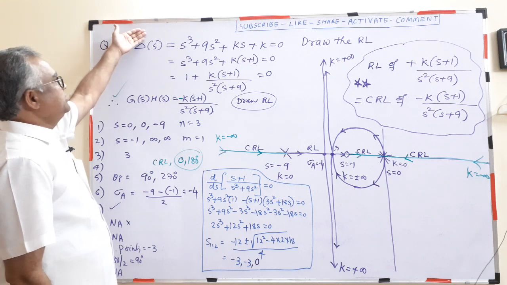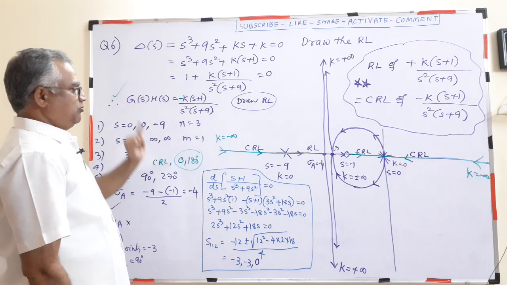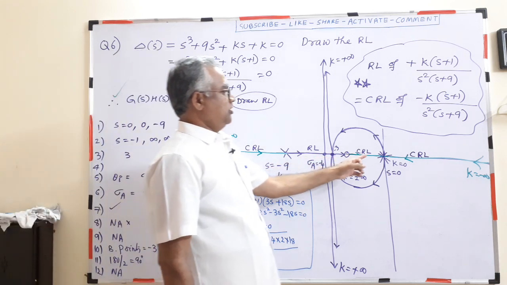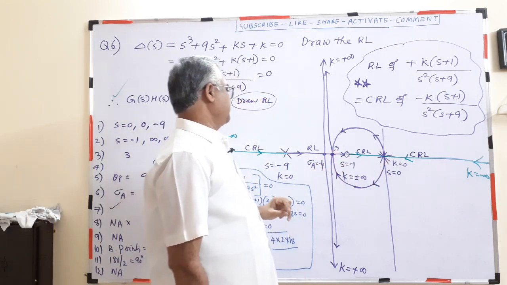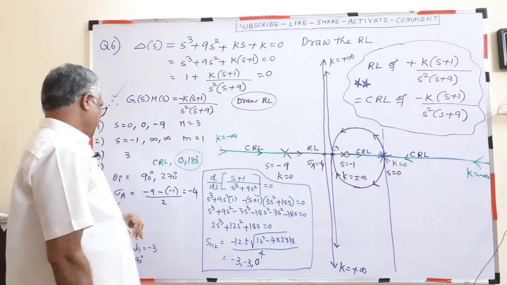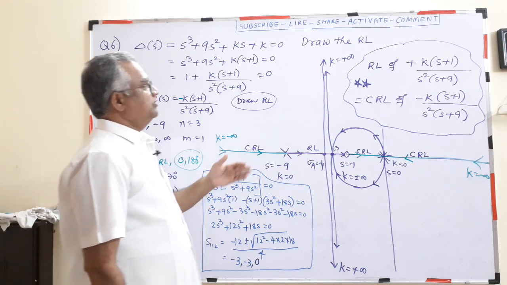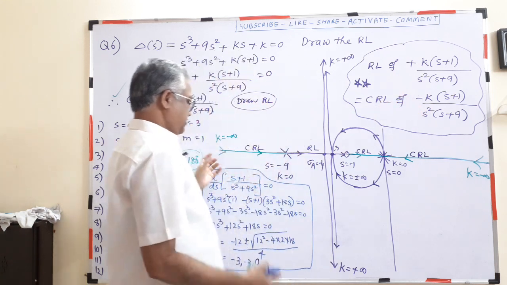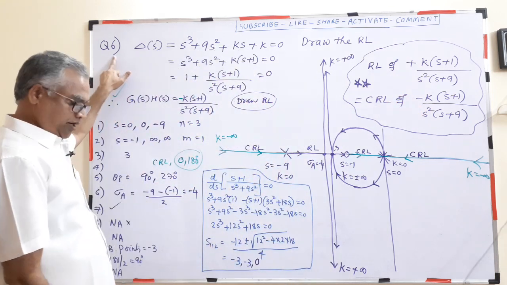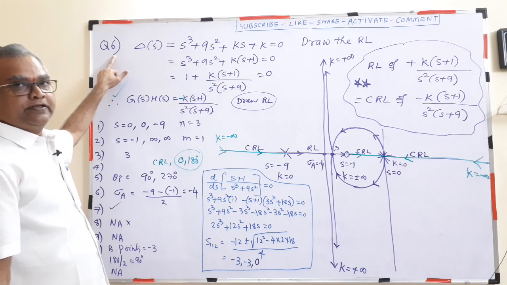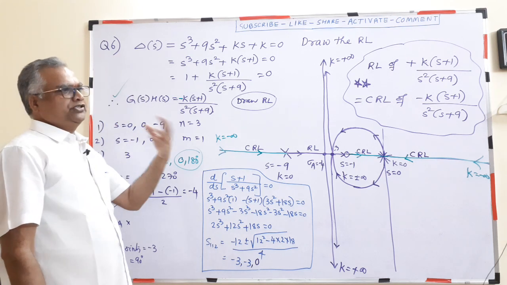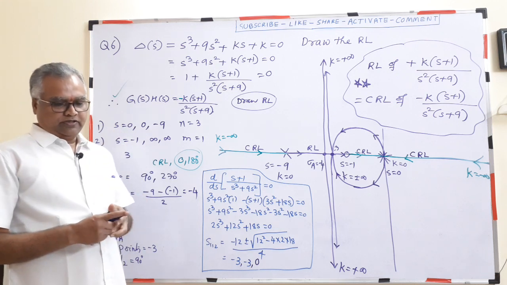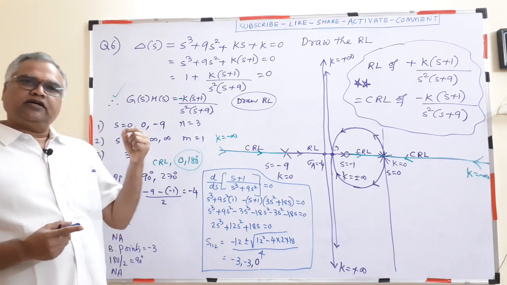So we understood how this is converted to this form, one point of extra information in this problem. How to deal with multiple poles, second point. Then if it is negative, how to draw. These three points are extra information you learn in this problem. Every problem will give some additional information. If it is the same information, I will not select the problem. If something new is there, I will solve it.